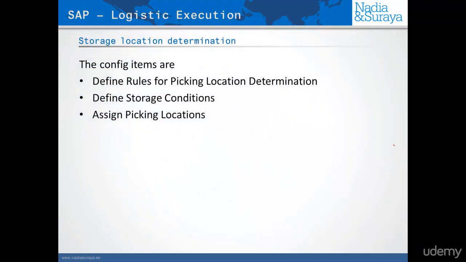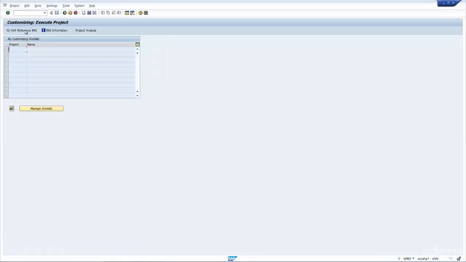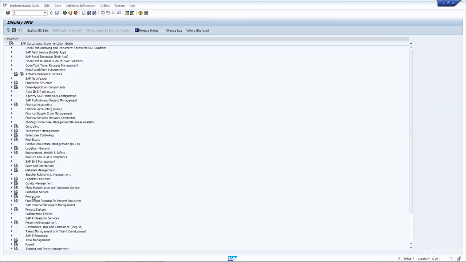So now let's have a look at the 3 configuration items that we would need to do to determine the storage location. The first is we need to define or determine or assign the rules, i.e. which fields do we use to determine the storage location. We then have to define the storage condition, and finally we would have to assign those to the picking location. So let's have a look in SPRO, standard configuration, go to IMG, go into logistics execution,